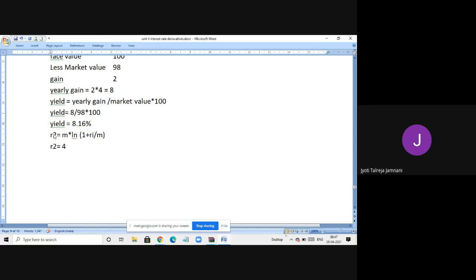In a year there are 4 quarters. So 4 into natural log of 1 plus R1, the value that you found out, that is 0.0816, 8.16%, divided by M, which is again 4. So if you calculate the value of R2,